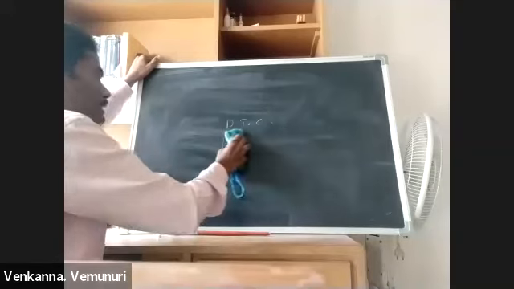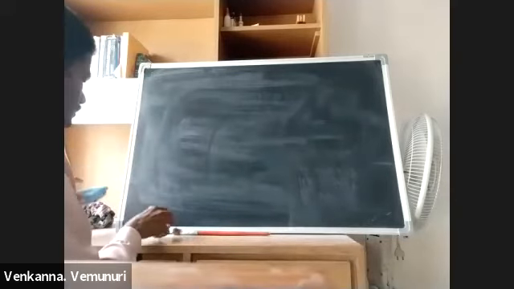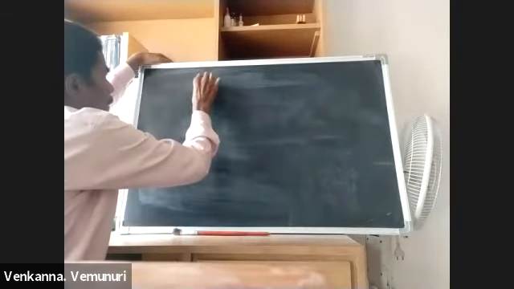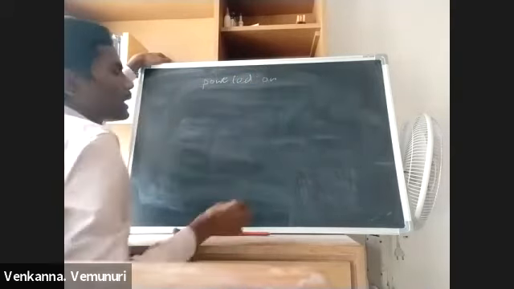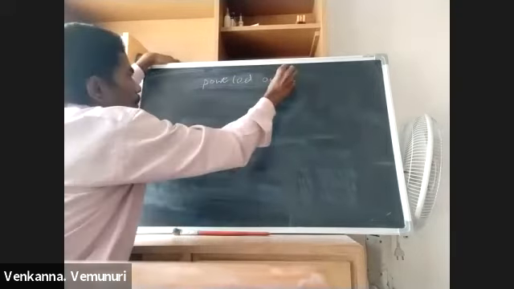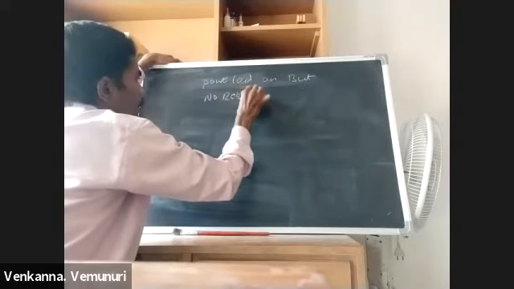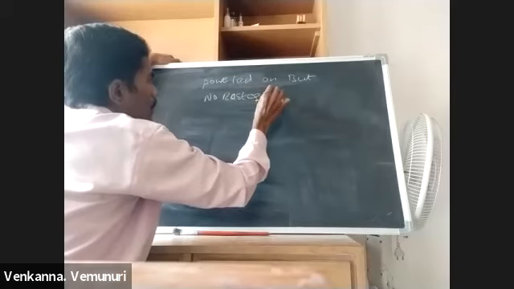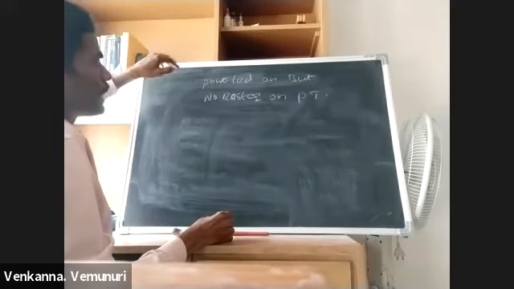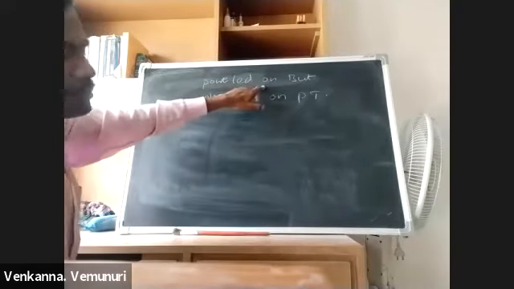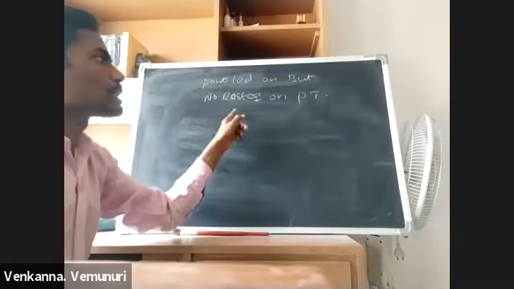And another one is: power LED is on, but no raster on the picture tube. Means here, when we switch on the monitor, the power LED is on. Means it is showing a blue color or green color LED, but no raster on the picture tube.